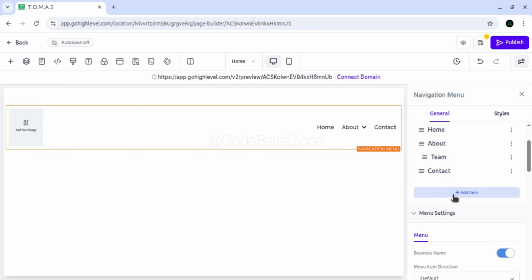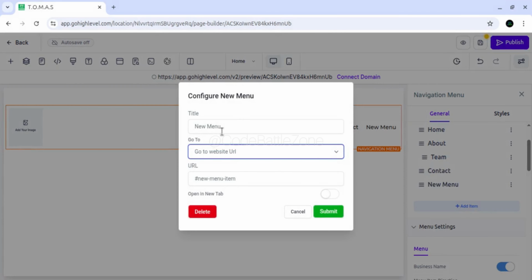If you need to create a new page, just click the add new button, then you will have two options: new menu and mega menu. Mega menu is actually recently introduced in GoHighLevel. Now you can name it, you can give a title for the new page. Let's name it services